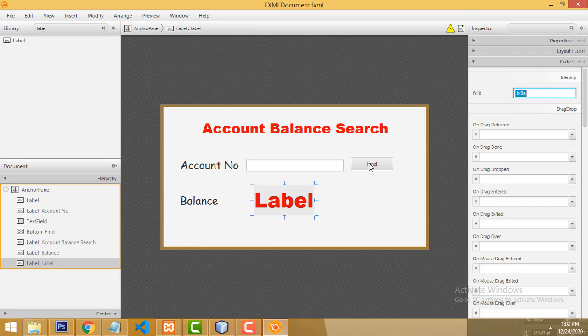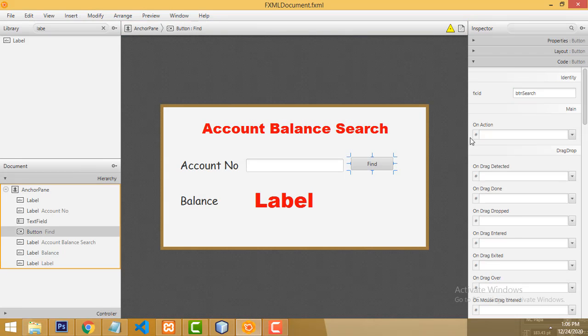Button, click this Find button. For this Find button's On Action, we have to set any name here. I am going to set it as search. You can give any name. Press the Enter key and it will be applied. Now, instead of the button, you will be able to use a key press event or key release event as well. You can set it here, right?